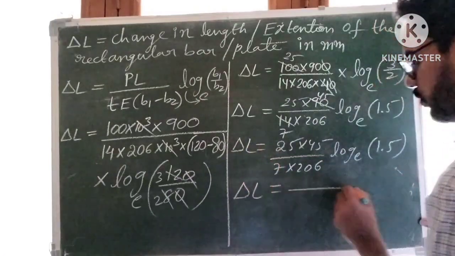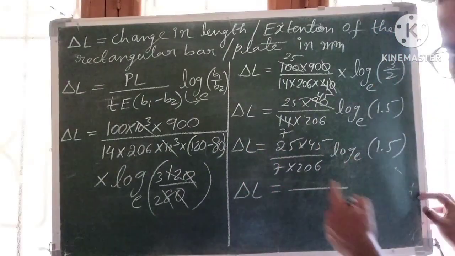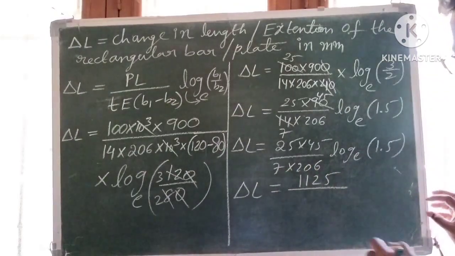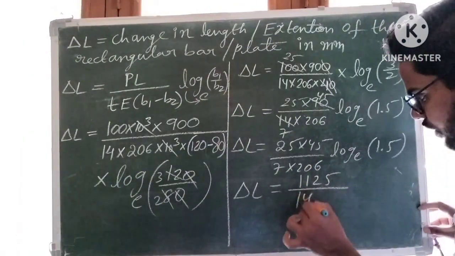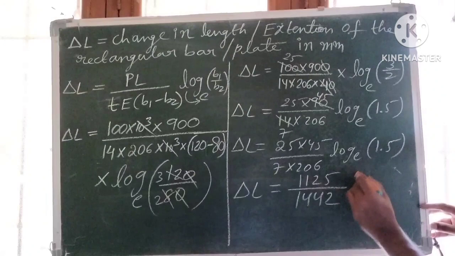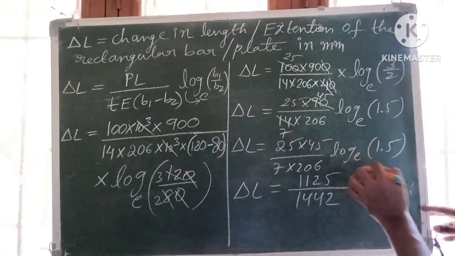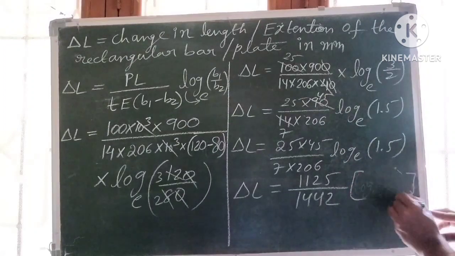Now delta L is equal to 25 into 45, you will get 1125 and 7 into 206, value around 1442, log 1.5 to the base e, so this value will be